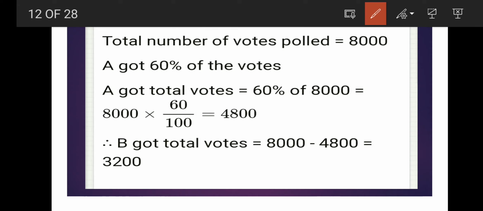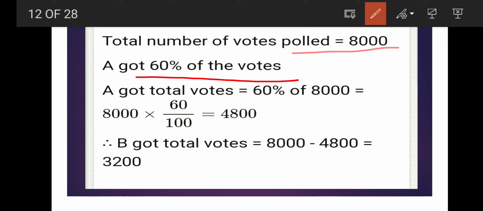You will find no problem in understanding, also in writing. So the total number of votes polled is what? 8,000. Clear? Because with the statement, you get a problem in writing, how to write. Sometimes what happens, you know how to solve, but how to write, how to express it in the copy, this becomes difficult. So that is why in the written I've typed everything, and I know you will not get any problem.